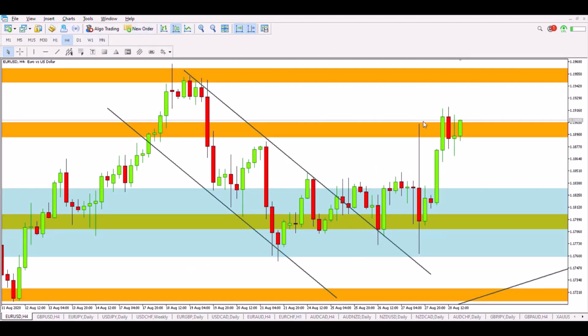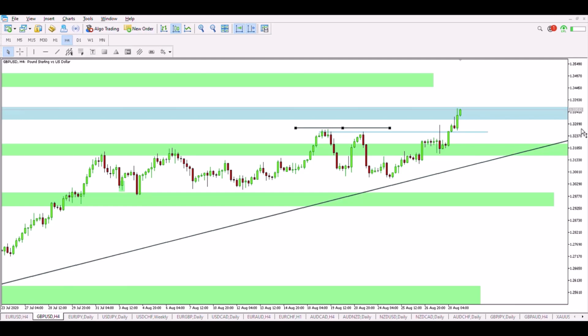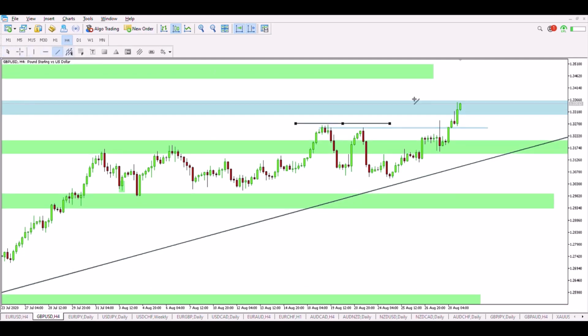We had a move back here, pulled back, got some strength, and we crashed up above. So of course the GBP/USD moved strongly and reached the next resistance zone. So now what we can expect in the next days, we can see some consolidation right here, and after we break the consolidation we can move up to this next resistance,